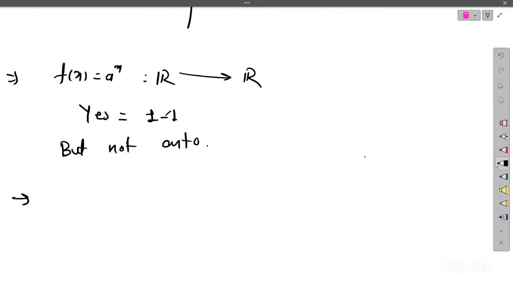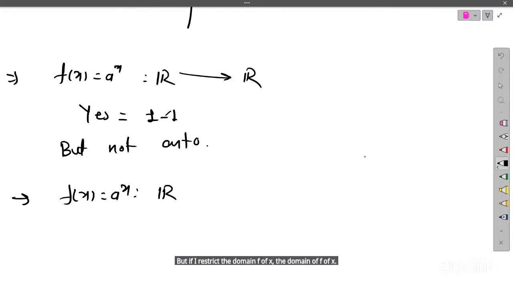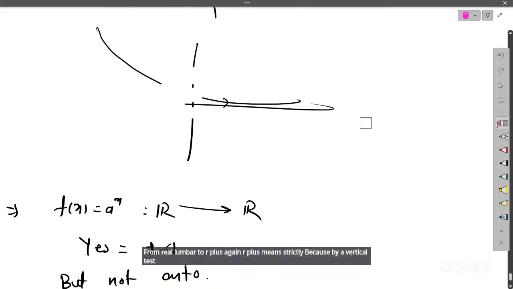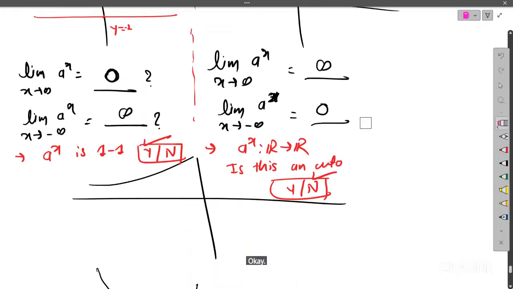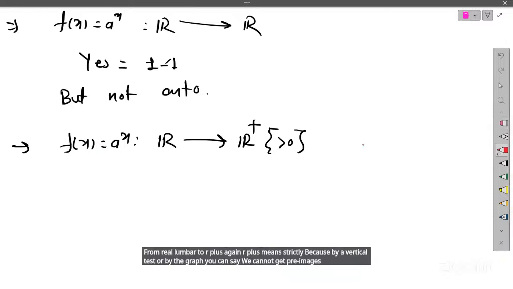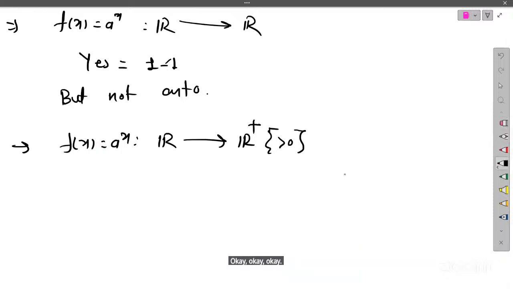But if I restrict the domain of f of x from real numbers to R plus, again R plus means strictly positive. Why is the first one not onto? Because by the vertical test or by the graph, we cannot get pre-images for negative values. But if you restrict it to R plus, then we can say that yes, it